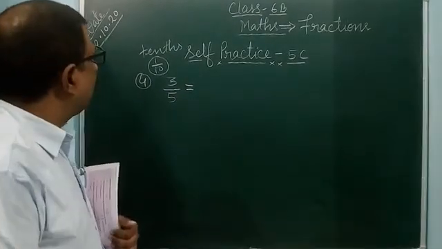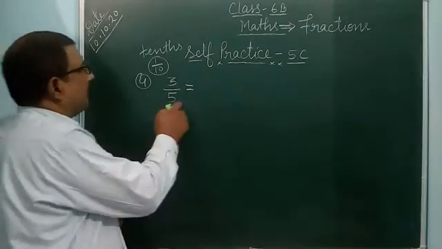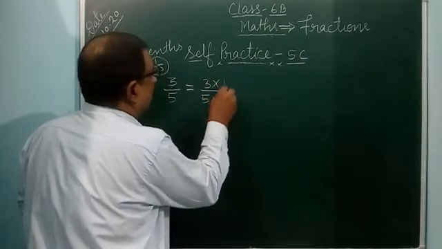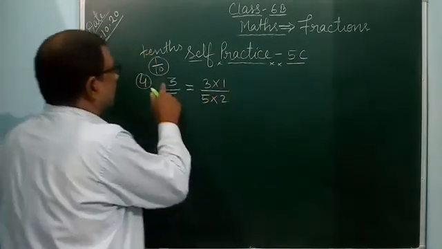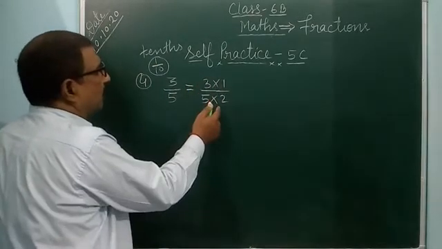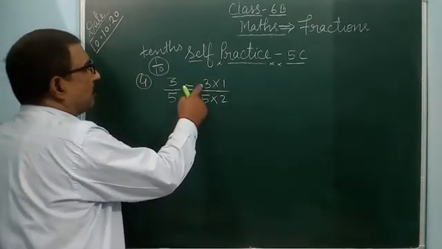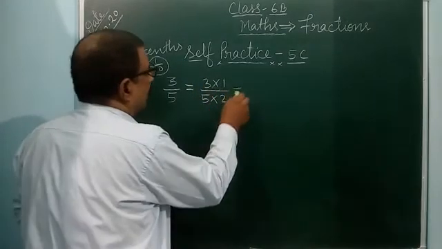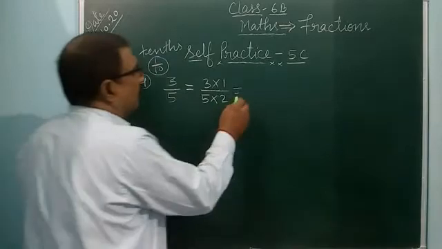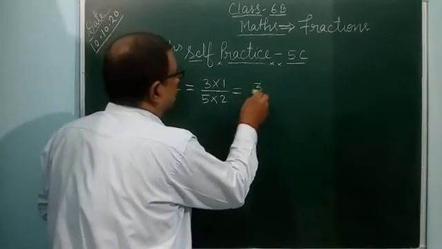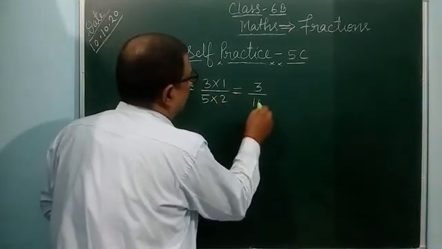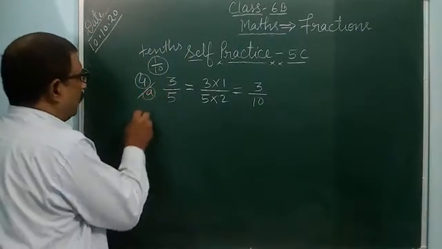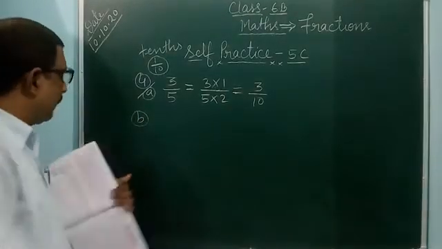So if you multiply by 1 by 2, you can change it to 1 by 2. So 3 by 5 into 1 by 2. If you are multiplying 3 by 5 with 1 by 2, as this 3 by 1 and 5 by 2, so you can get tens. Tens means the denominator will be 10. So 3 ones are 3 and 2 fives are 10. In this way it will be 3 by 10. So it is A.